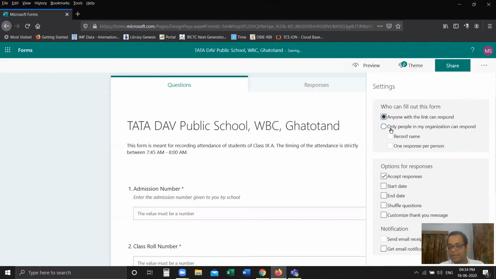If I go for the second option, it will require only some specific people to fill who are in the organization. So suppose someone is part of your organization, they are using an email address which has been assigned to them by the organization, then only they can use. So when I click on anyone with the link, so anyone from anywhere can respond to this form.